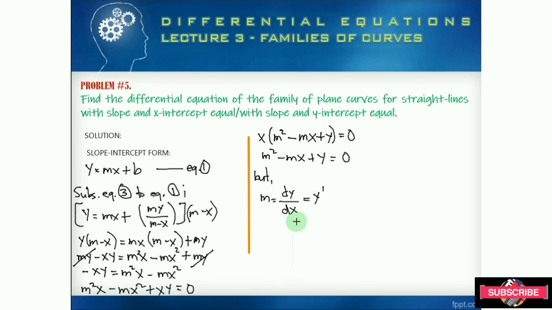Okay, m is equal to y prime, so we substitute this m equal to y prime here, so it is equal to y prime squared minus x y prime plus your y is equal to 0. Okay,